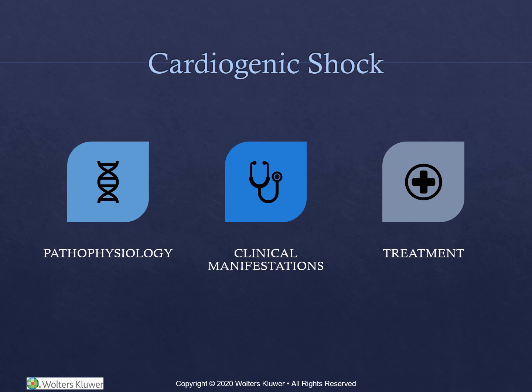This really isn't one of them because we already have significantly increased preload and afterload, and adding in large volumes of fluid is often really not helpful in the treatment of cardiogenic shock. But we may use things like vasodilators to reduce afterload. We might use inotropic medications that help to increase contractility of the heart. We might use a device called a balloon pump that can sometimes help increase